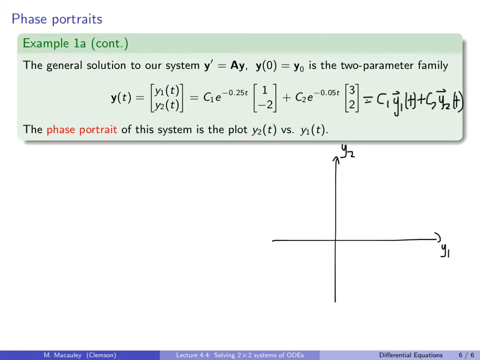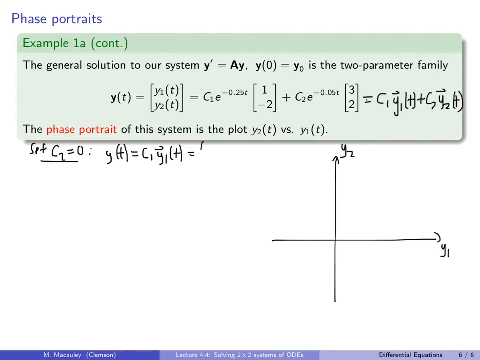and still leaves us with a one-parameter family of solutions, namely vector y1 of t times C1, and let's plot those, and then let's set C1 equal to 0 and plot these guys. So let's write that down. Okay, so how do we want to start? Let's set C2 equal to 0. If we do that, then y of t equals C1 y1 of t, and that is,